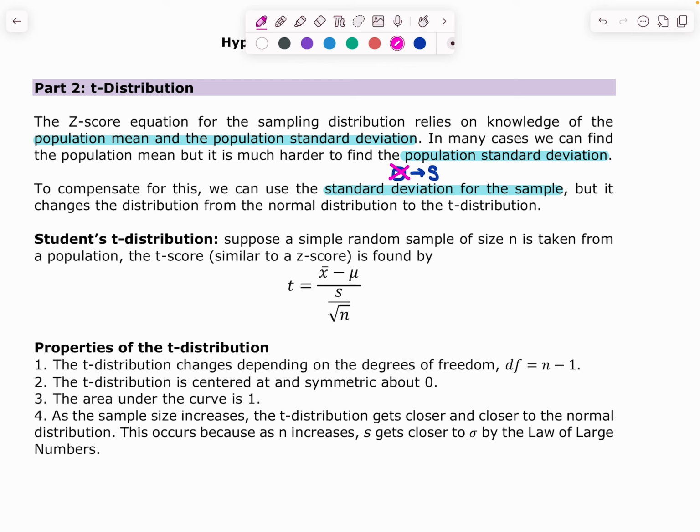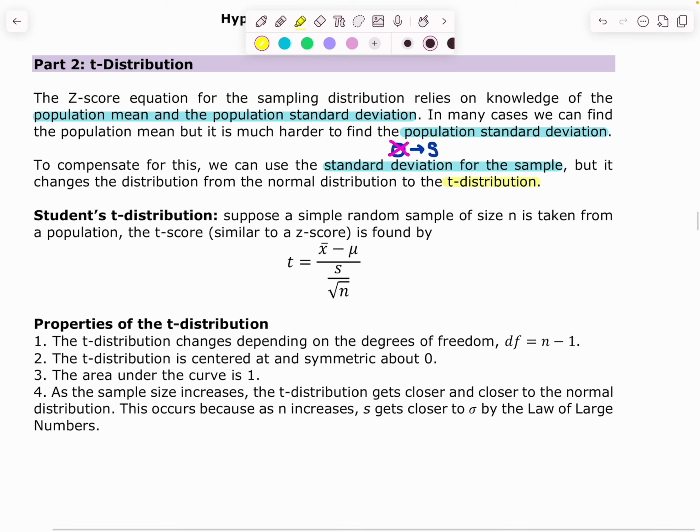When we do this replacement, it changes our distribution, and we no longer are following the normal distribution. The normal distribution relies on mu and sigma, not S. So this new distribution, where we know mu and S, is called the t-distribution. So the t-distribution, formerly known as the student's t-distribution,